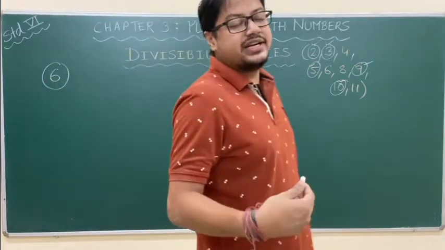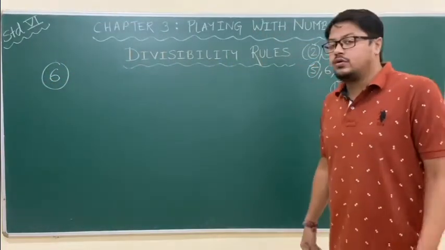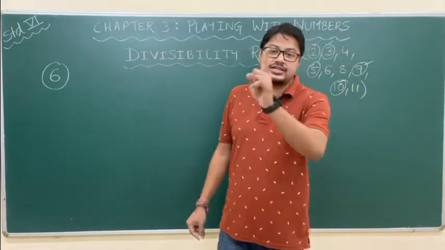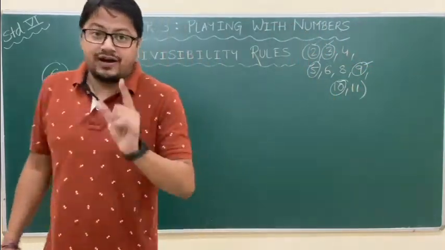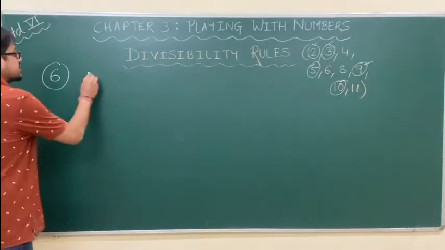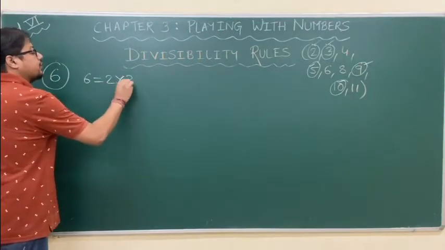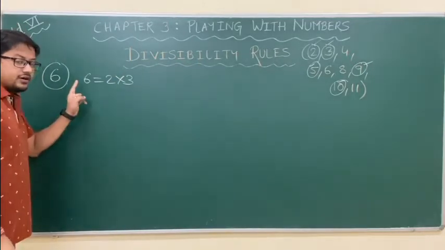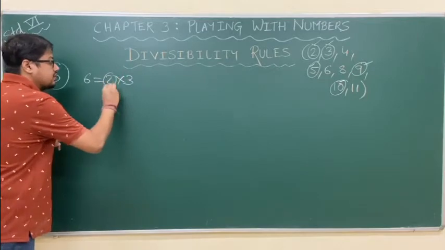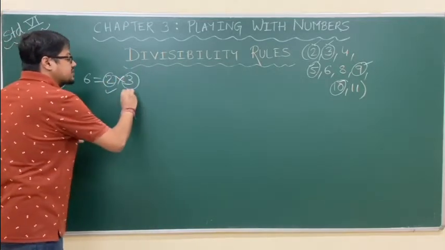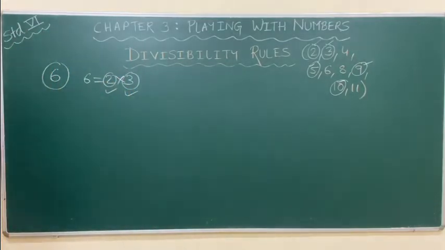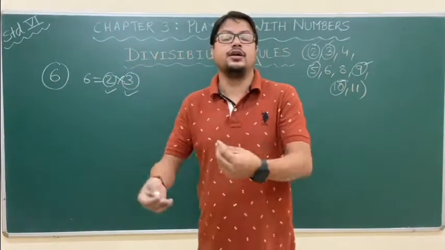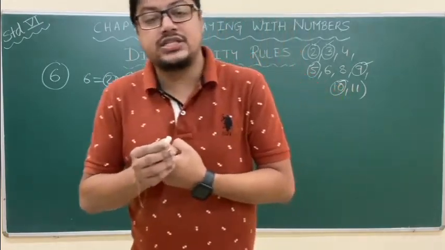Now for the divisibility test of 6, students, we have to combine the divisibility test of 2 and the divisibility test of 3. Remember, why 2 and 3, sir will ask? Because 6 is equal to 2 into 3. So listen to my words, I will write the statement later on. If any number is divisible by 2 and divisible by 3, then that number will be divisible by 6. There is no direct checking for any number to be divisible by 6.